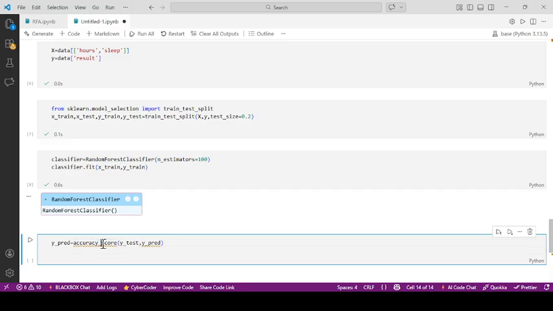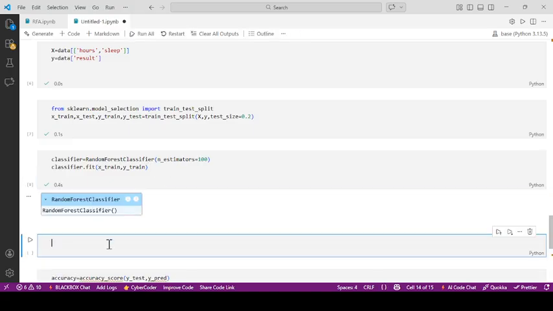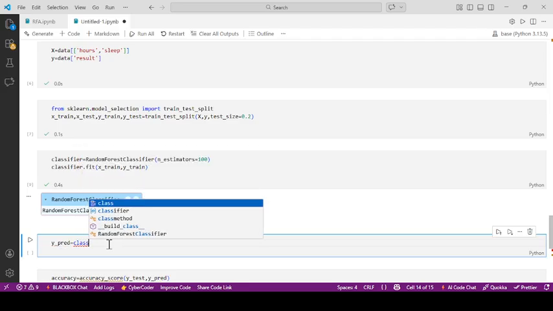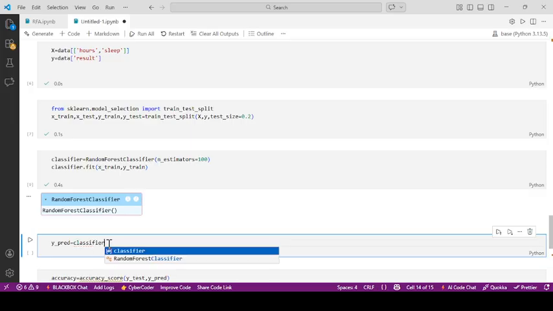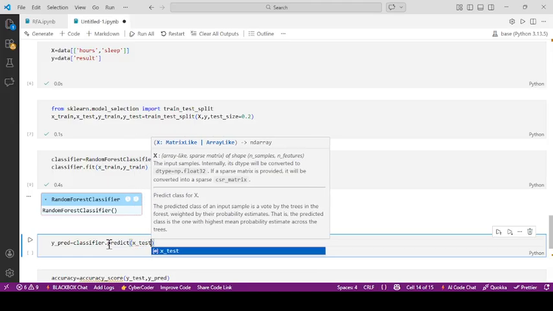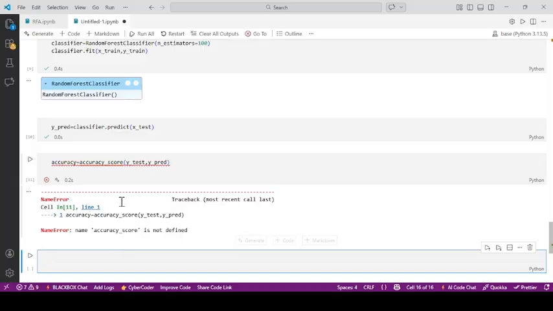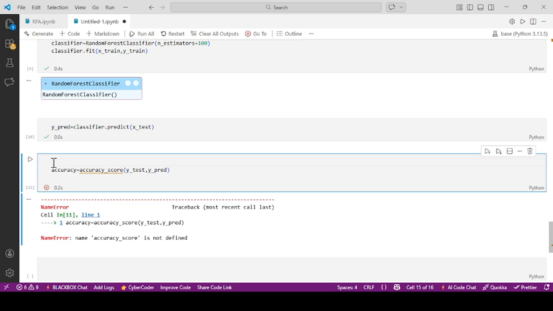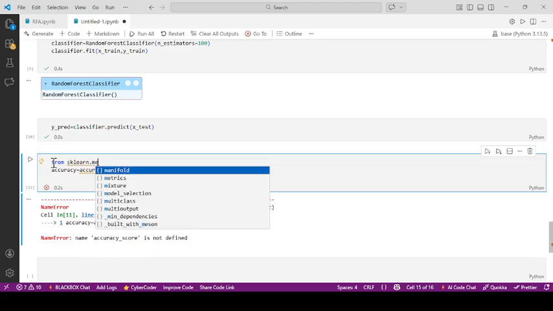Oh sorry, before that we have to predict the values. So y_pred is equal to classifier.predict of x_test. For the testing results we have to find the predicted results. Okay, so here from scikit-learn.metrics